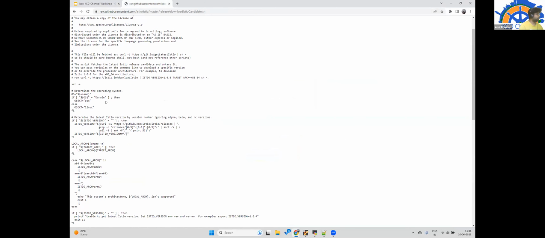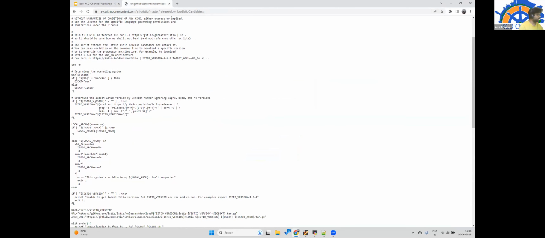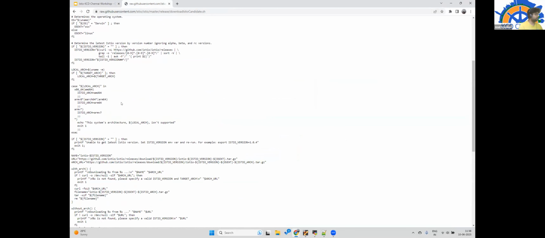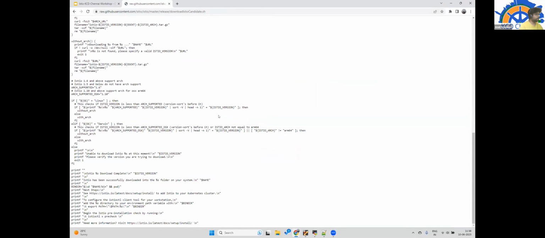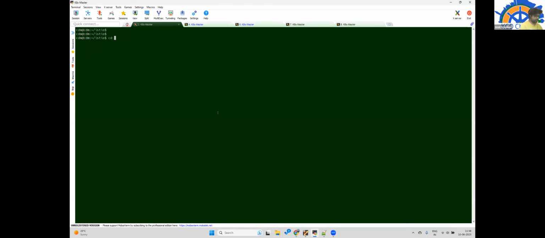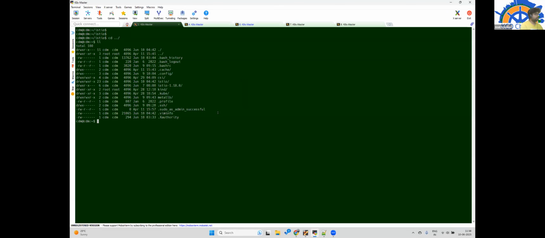Based on the different variants of OS and architecture, it would try to pull the binary, and keep it in one folder based on the version. This folder would have that binary inside.